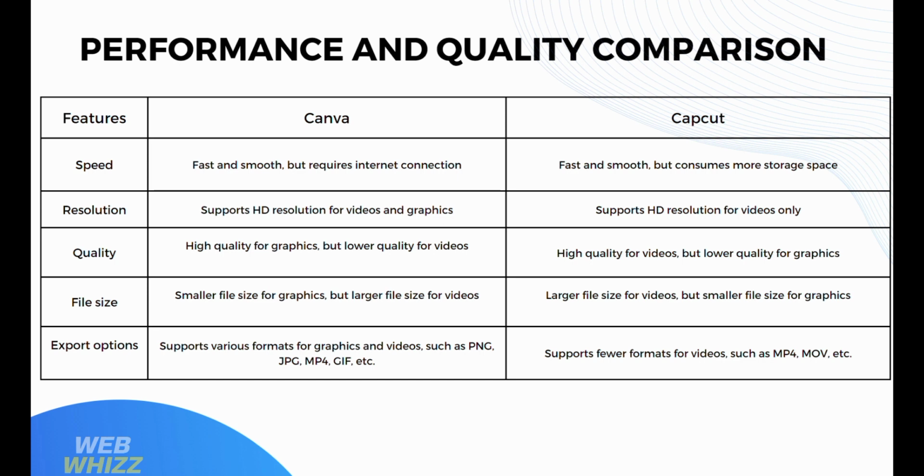Now in terms of export options, Canva supports various formats for graphics and video such as PNG, JPG, MP4, GIF, and many more, while Capcut supports fewer formats for video such as MP4, MOV, and many more. And now that we know the performance and quality comparison, we can now proceed to the pros and cons of